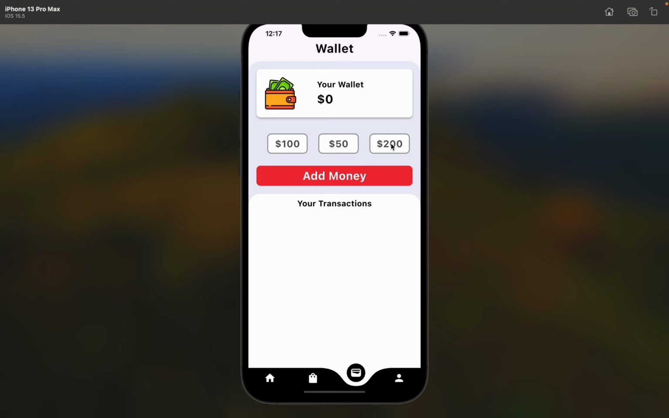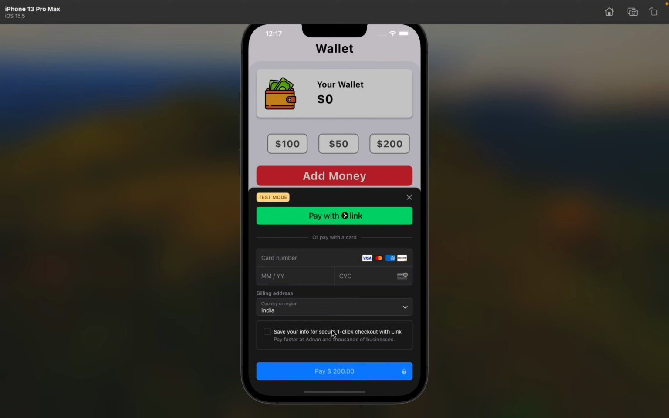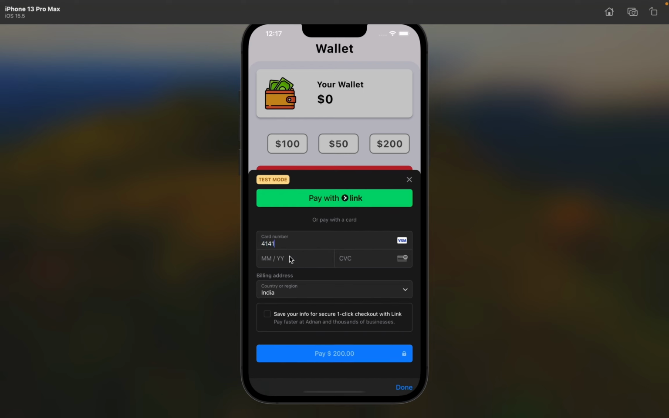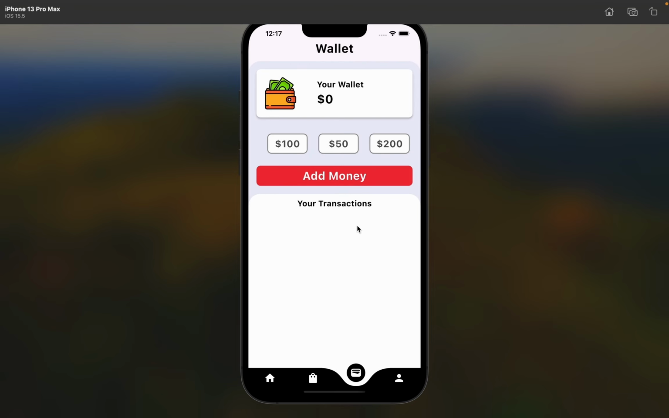Now let's add money to our wallet. So here you will see, let's add $200. I click this $200, and here we are going to add a Stripe payment gateway to this app. Yes, you are hearing it right. This is the test card number that I'm going to pass over here. Once we have done this, let's pass the year and a random CVC code, and we are going to just pay $200,